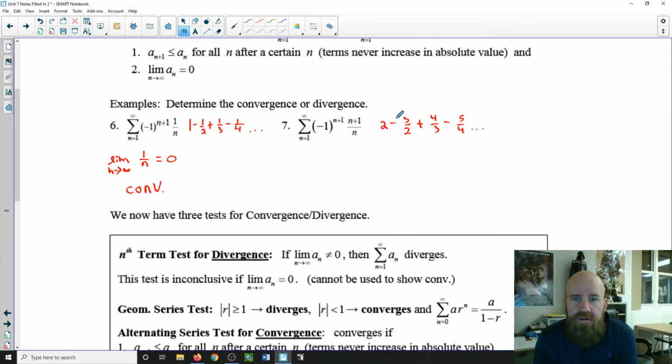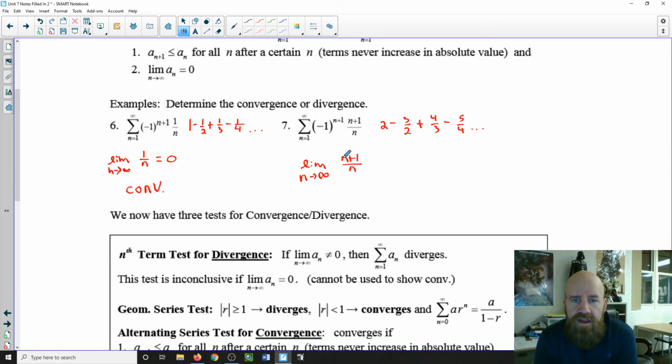So we are getting smaller. So 3 halves is smaller than 2. 4/3 is smaller than 3 halves. 5/4 is smaller than 4/3. So we're looking at that and we're saying, yep, first condition met. But now we have to take the limit. So we're taking the limit as n approaches infinity of our a sub n. So just this n plus 1 over n part. So n plus 1 over n,